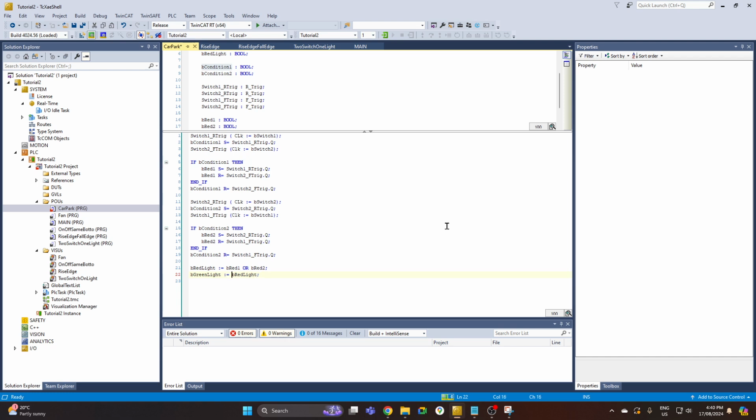So I need to, no. Also another thing, condition 1 sets to true if the condition 2 is not true. Okay. So I need to